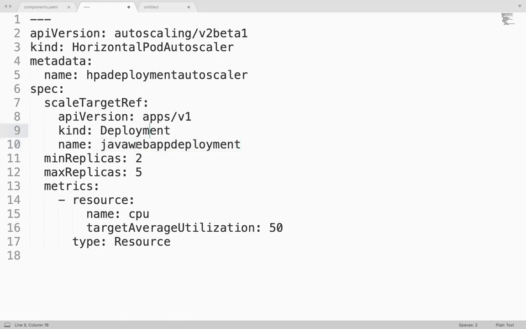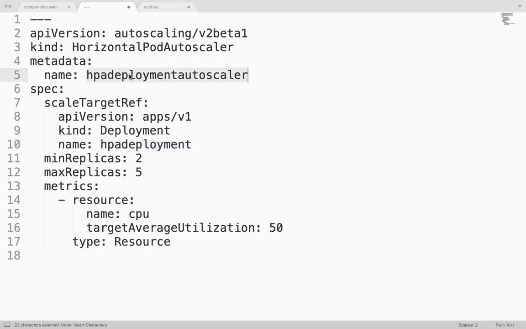So this is for which deployment now? For this one. Suppose I want to target some replica set, I can say something like this, that replica set. So this is again one object which you are going to deploy.